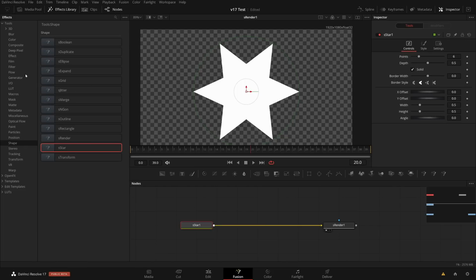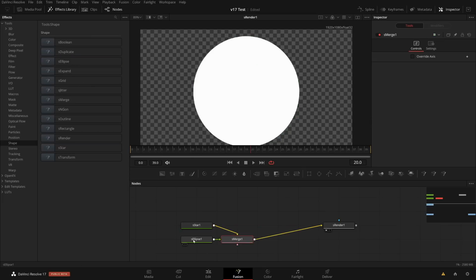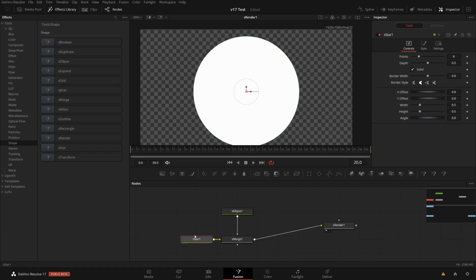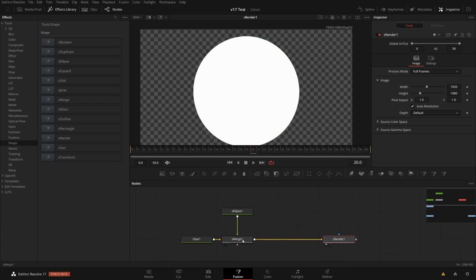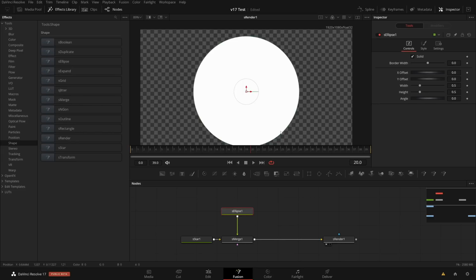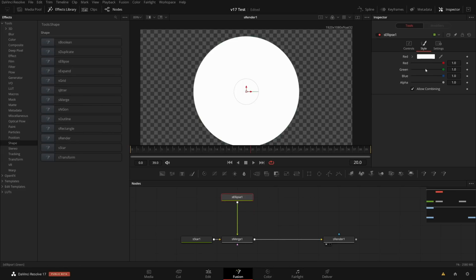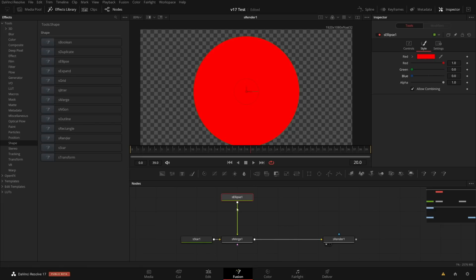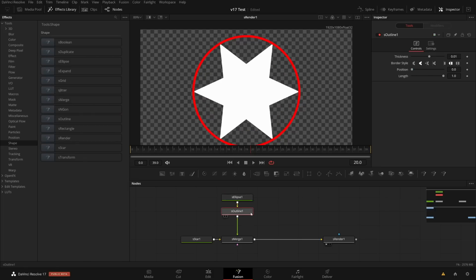If I select the star and now add, let's say, an ellipse, for example, you see it's merged automatically like usual, but this time I have a node called sMerge, so I have the corresponding merge node from here, which is merging the shapes. So I'm not merging images, but shapes, and I can give this, let's say, a different color. Let's make it red, and I can further manipulate this. Let's say use an outline node to only get the outline of the shape, which again has its own features here.